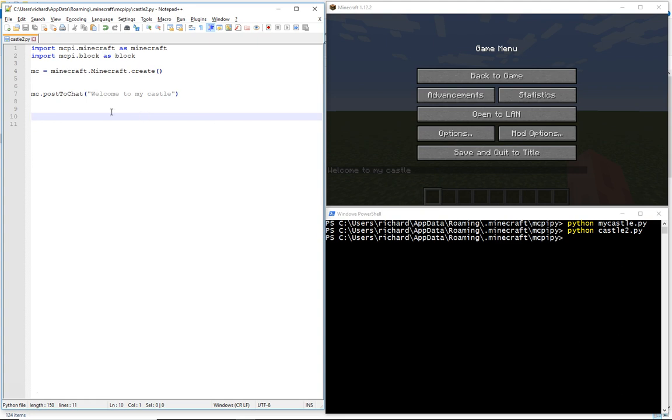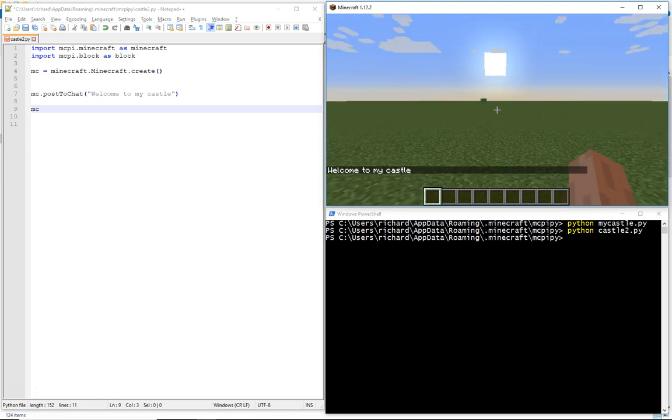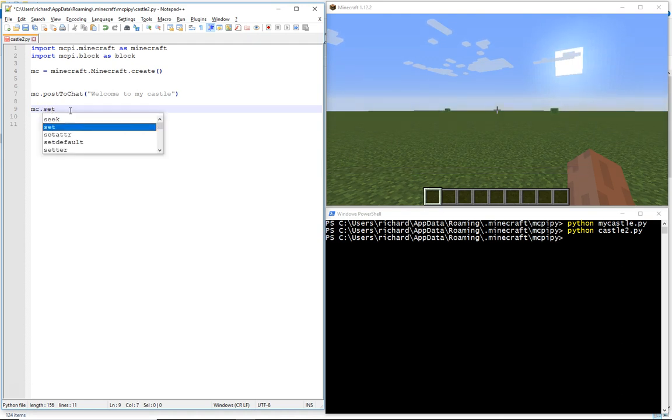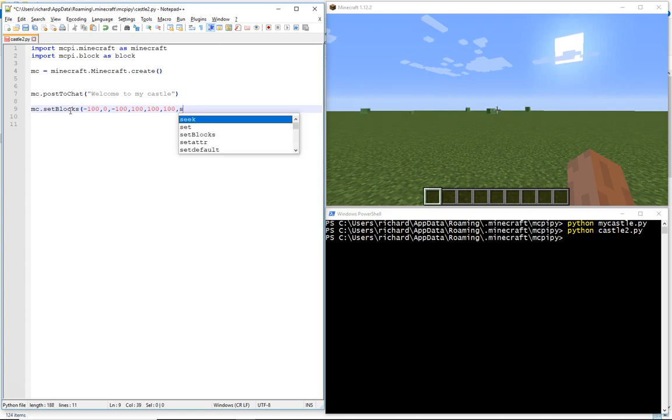Okay, so what do we want to do now? Well, what we need to do now is create ourselves an empty area, because this is a super flat world. It's already flat anyway. But if you weren't using a super flat world, you're just using a normal world, then you might want to create yourself an empty area. So what I'll do here is I'll do mc.setBlocks, and we'll go from -100, 0, -100 to 100, 100, 100, and we'll set